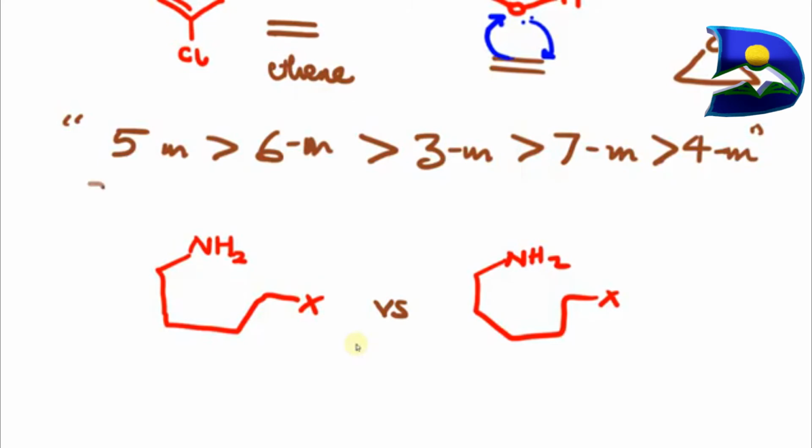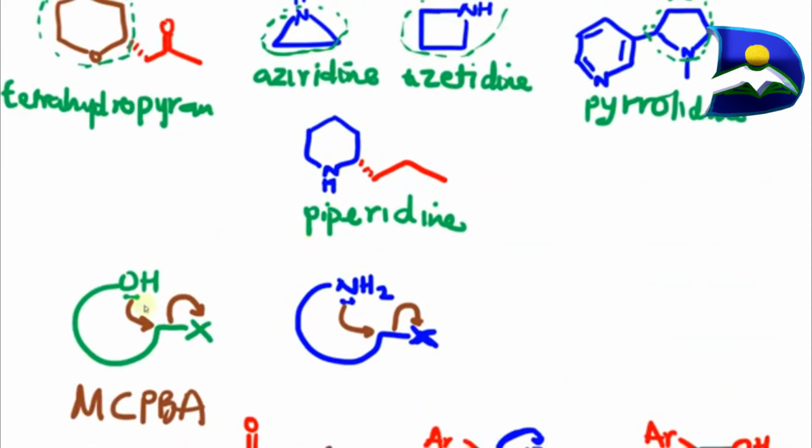We're going to look at an example in this particular case right here, where we have nitrogen, and in this case here we have specific good leaving groups that are the same, but what is different here? We have a different number of branches. In this case here, we have 1, 2, 3, 4, 5, and in this case here we have 1, 2, 3, 4, 5, 6. And so what happens is that when we perform this same reaction,